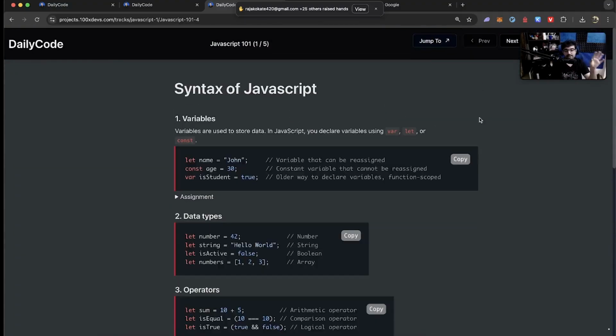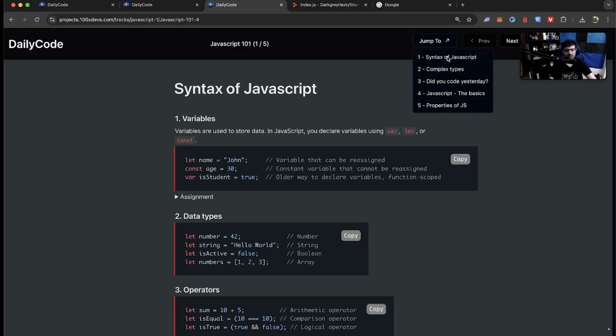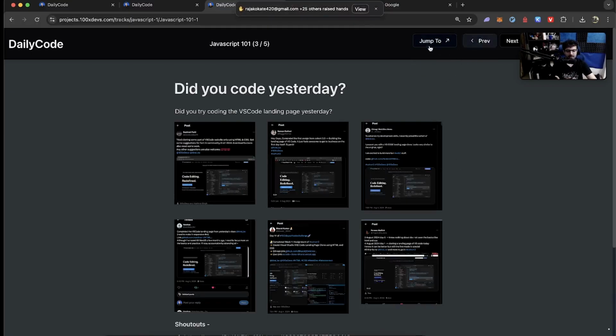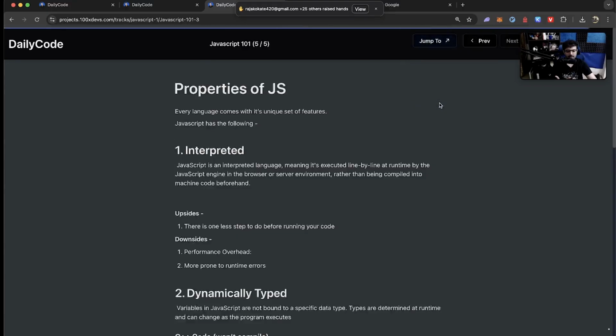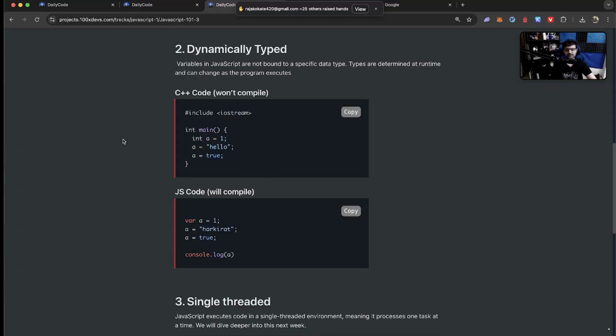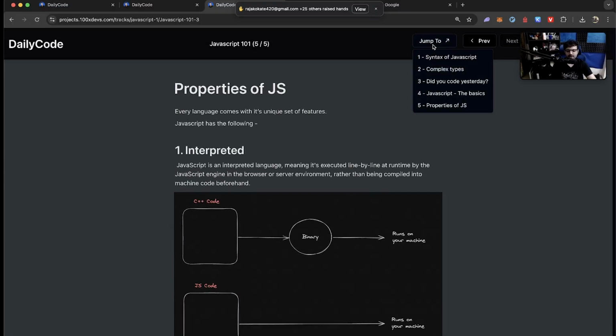Let's get into the syntax of JavaScript. Let's start to write some code now. What is syntax? Whenever you are writing any application, any website, you are writing some code, right? Syntax means, how can you write code in that specific language? For example, if you want to write code in C++, you write code like this. This is how the compiler understands code that looks like this. In JavaScript, the compiler understands code that looks like this. So the syntax means how you can write the code of that specific language so that the compiler understands.